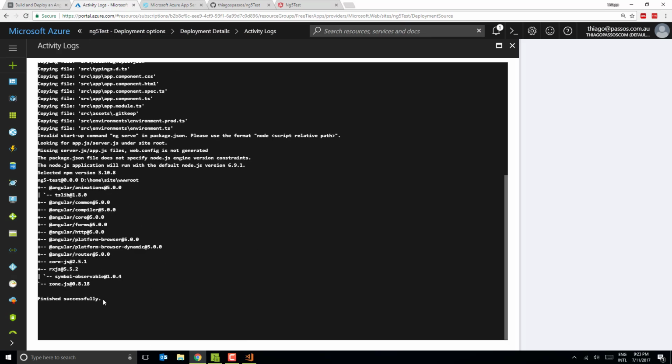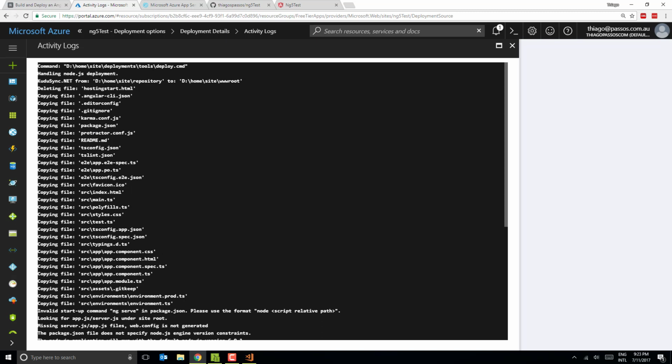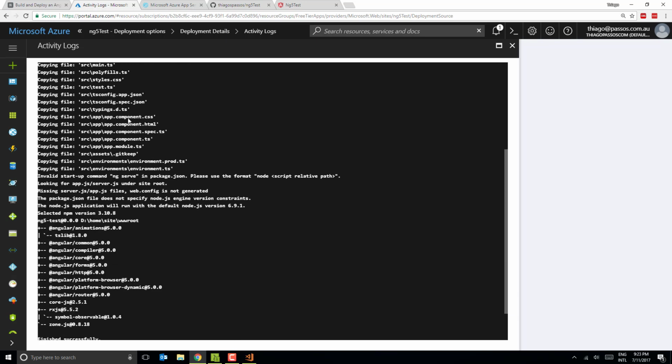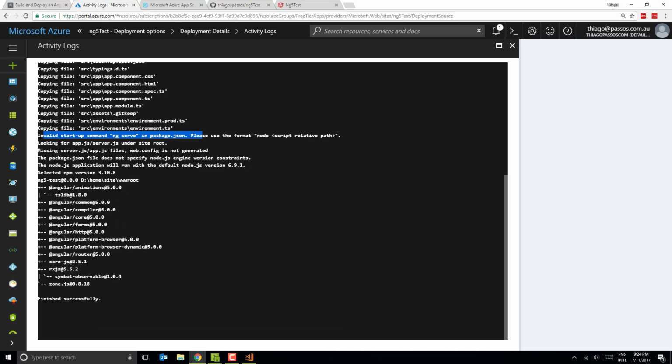Okay, so it didn't do much. It basically went here, handling Node.js deployment. It ran the kudu sync from the repository to www-root and then ran the npm install. But then you notice here that it tried to run the startup command, the ng serve, but it doesn't know what ng is, so it failed. All right. So a bunch of things here, and okay, it finished successfully because it could finish the npm install, but